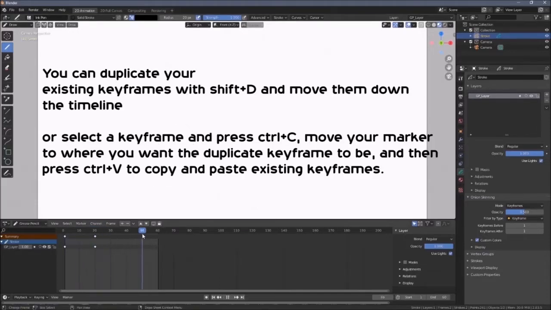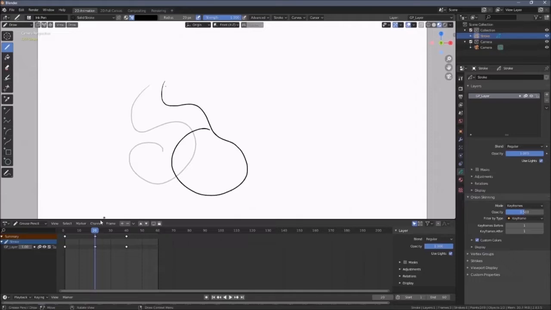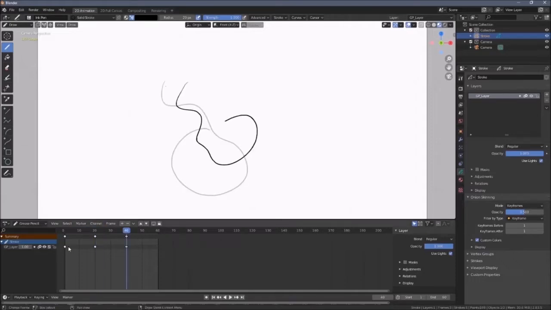You're going to go on your timeline where you want the keyframe to be, and then you're going to draw it. If you want to see behind it, again, that's onion skinning, and that loads a preview. Okay, so